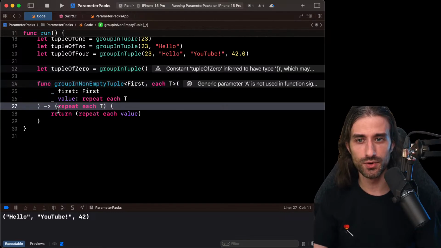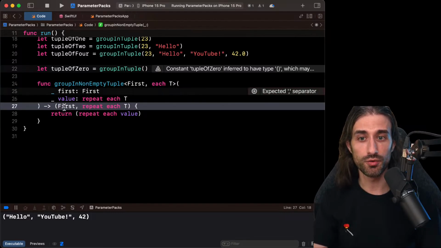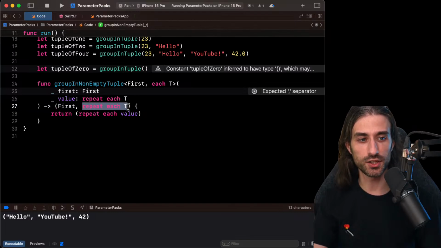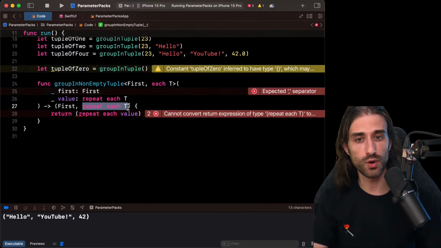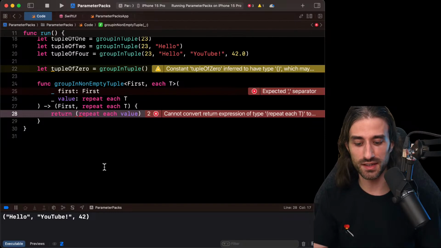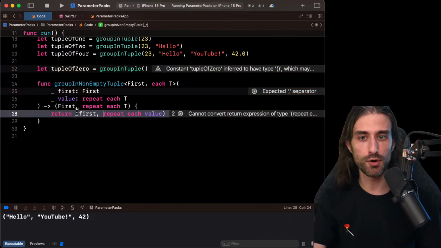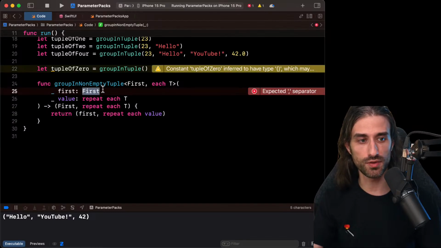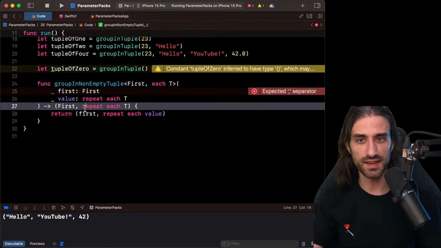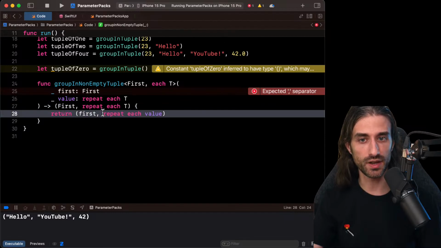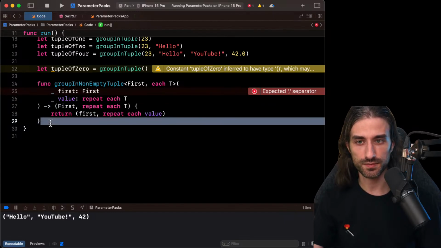In the return value, you return a tuple that will be a first and then the pack expansion, which could be from 0 to n types. And same thing here, you build a tuple by providing the first value that you know will always be there because it's not an optional value. You have to provide it. And then you do the expansion of the value pack.